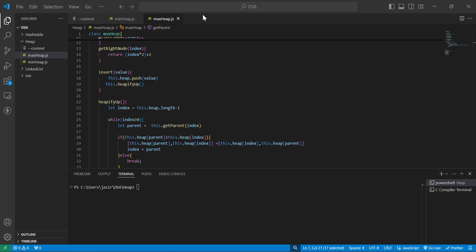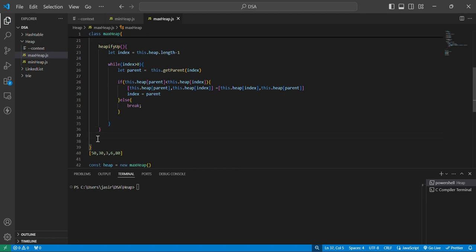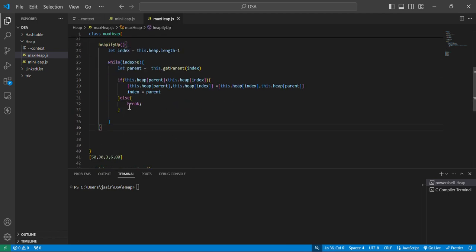Wait a minute. So let's move on to heapify down, where we have to perform something while we are deleting. So why do we need to check that thing? When we are deleting, we only delete the first value. I mean the first value here, this thing. This is the value we are going to delete. So we need to check if it's properly aligned according to the heap property. While deleting it, we will set this thing to here, and we will check accordingly. Yeah, now you will not get it, but after that,